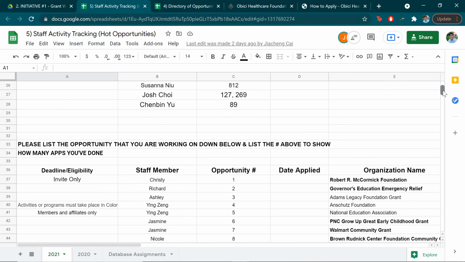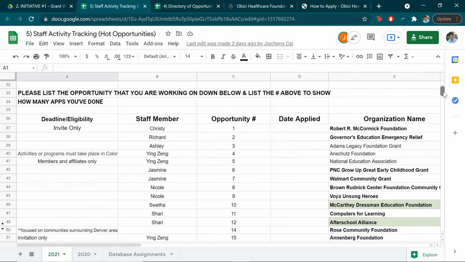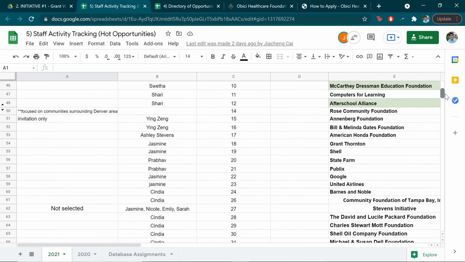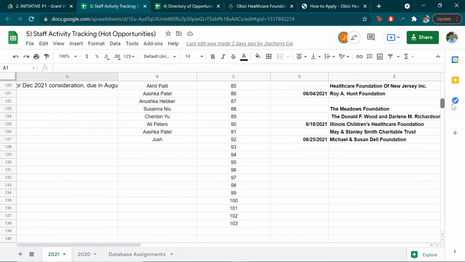And now I'll be going over the second chart. And this chart is used for writing down which of your grant applications have already been revised and submitted. So you would scroll down here and you would write down your name right here, and then you would fill in the rest of the information,